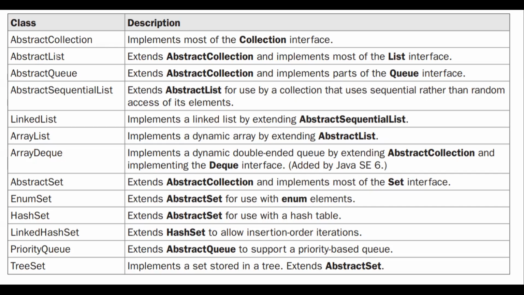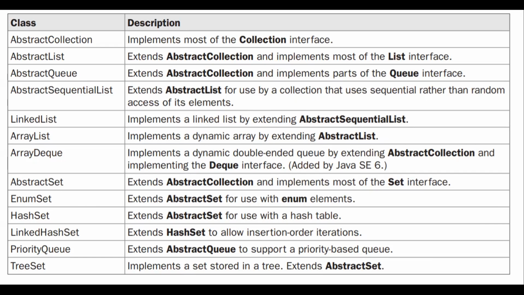Then the linked list implements the linked list by extending the abstract sequential list. Array list implements the dynamic array by extending the abstract list. ArrayDeque implements the dynamic double-ended queue by extending the abstract collection, and it also implements the Deque interface.